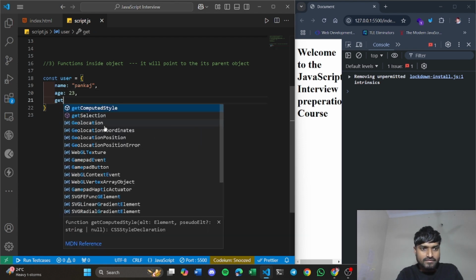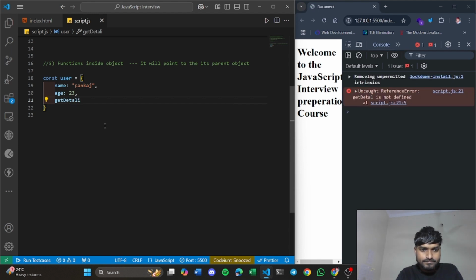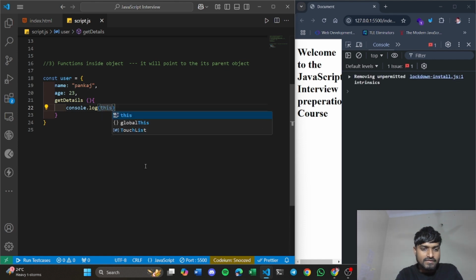Now let's define a function getDetail. Inside this function we console this dot name, and let's see what will be the output. Let's call this function getDetails.